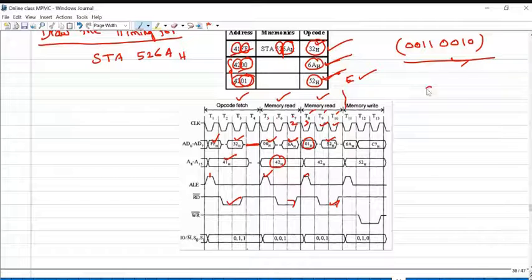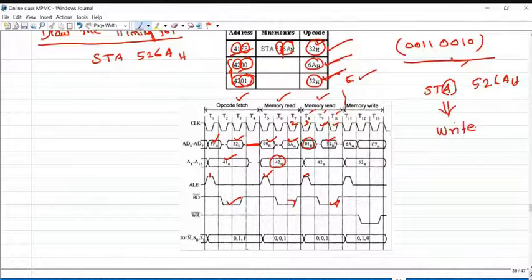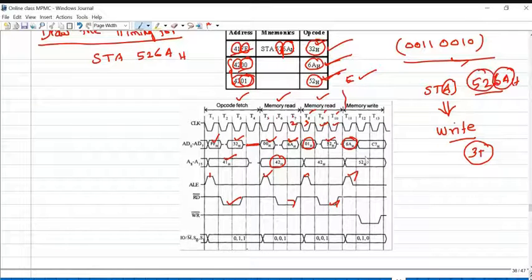Then finally, the processor will store the accumulated data in the address location 526A. So this is similar to your write operation, that is storing the accumulated data inside the microprocessor in the particular memory address location. So this is a memory write operation. The memory write operation requires another 3 T states. During the first T state, again ALE must be high. So what is the address location? 526A. The 6A will be placed on AD0 to AD7 and 52 will be placed on A8 to A15.